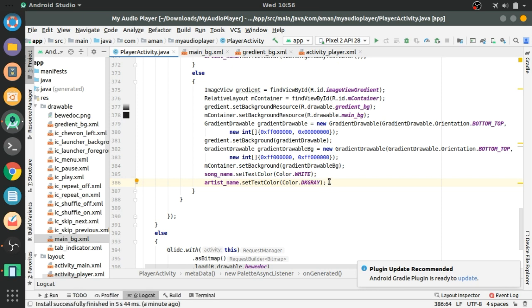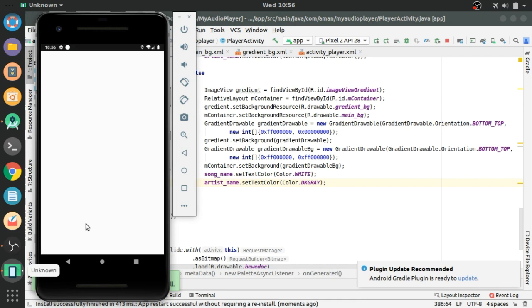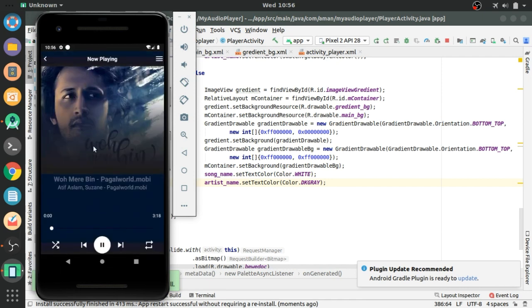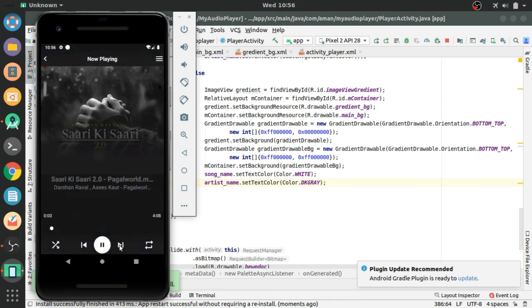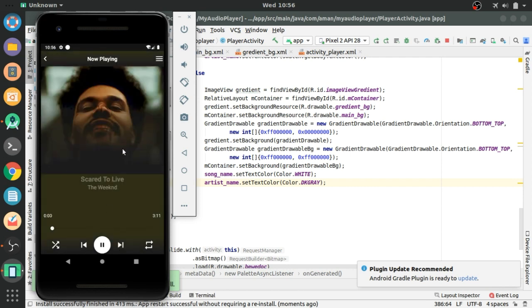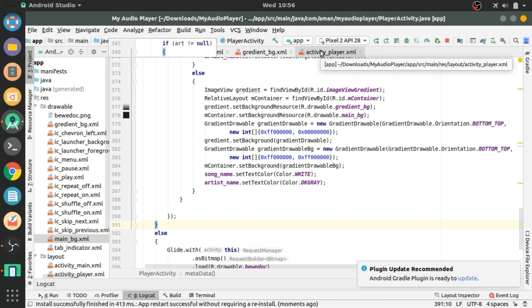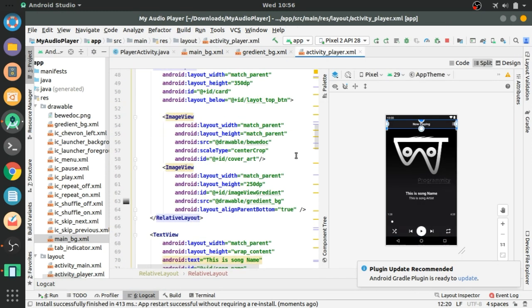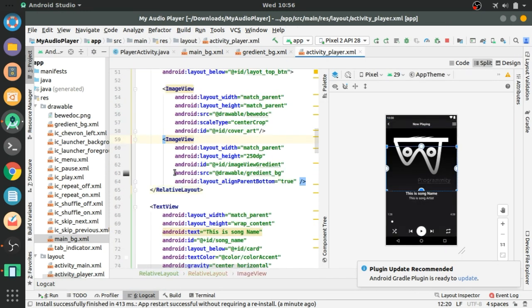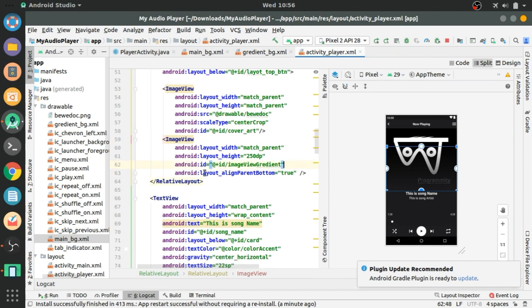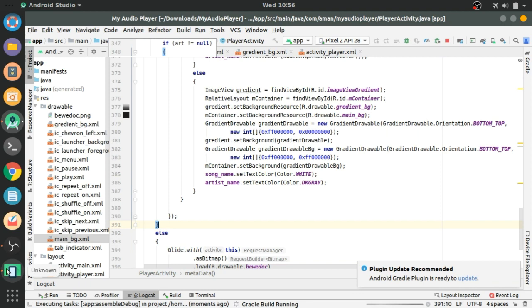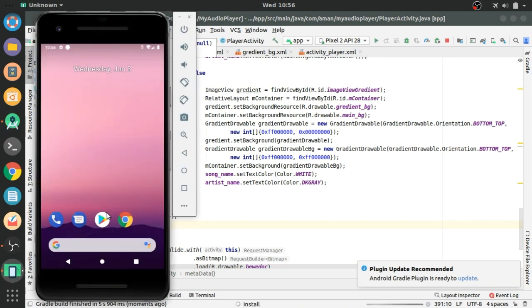Now we will run the app and see how it is looking. Click on any one of the songs. You can see the gradient effect is not properly working, so go to the activity player, and in this image view just cut this, delete this, and after this run the app, and you can see now everything is good.